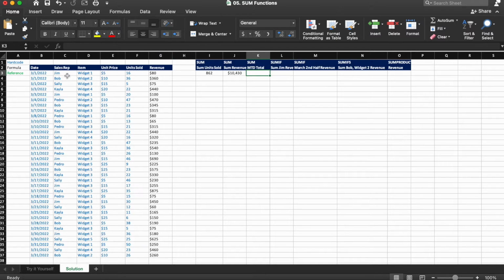So you'll see here that our dates are aligned chronologically, and we want to look at the month-to-date. In order to do that, we're going to have to introduce the concept of an absolute cell reference. With an absolute cell reference, it allows you to keep either a cell or a range fixed. So what we're going to do is equals, and then we're going to go over to